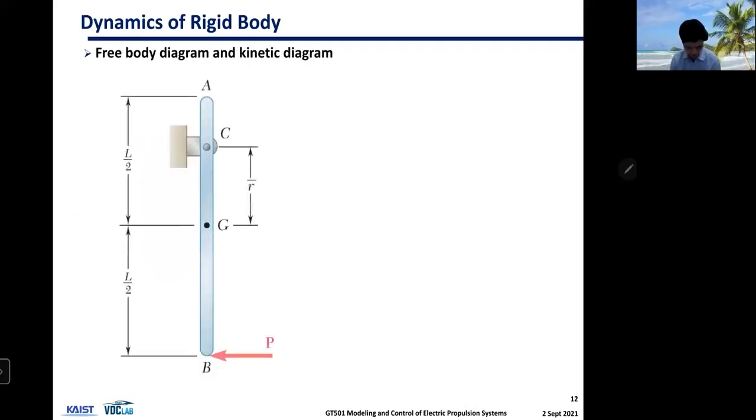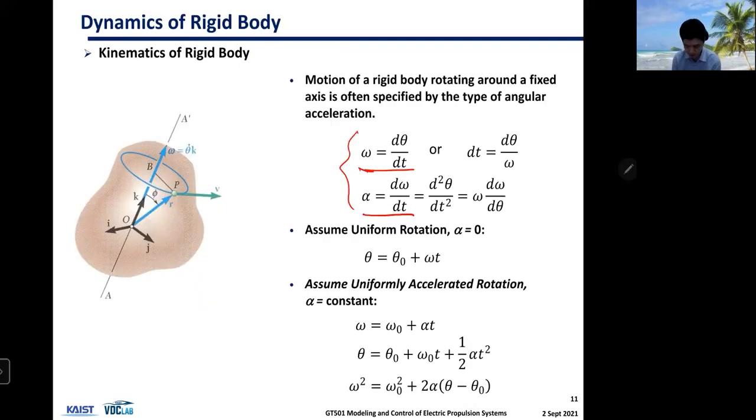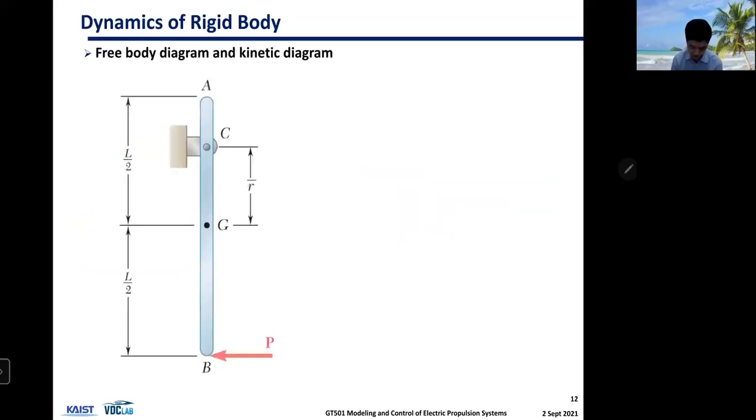So far, this was kinematics of a rigid body. So we talked about translational kinematics and rotational kinematics. And here is an example describing kinetics